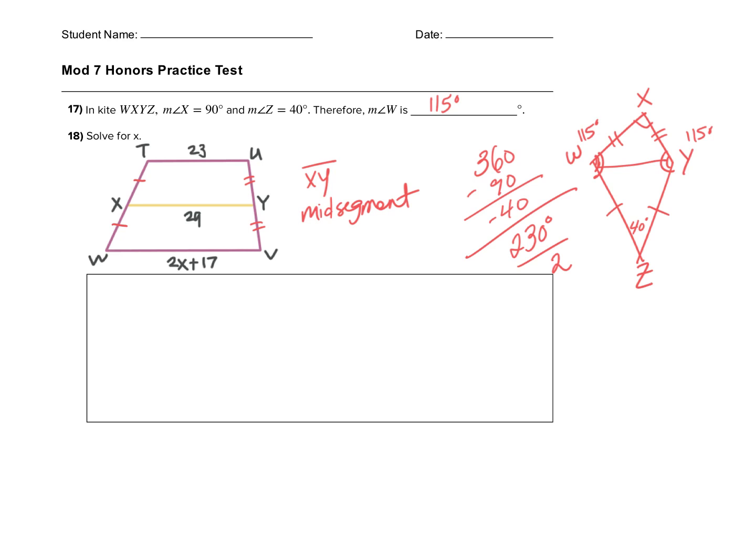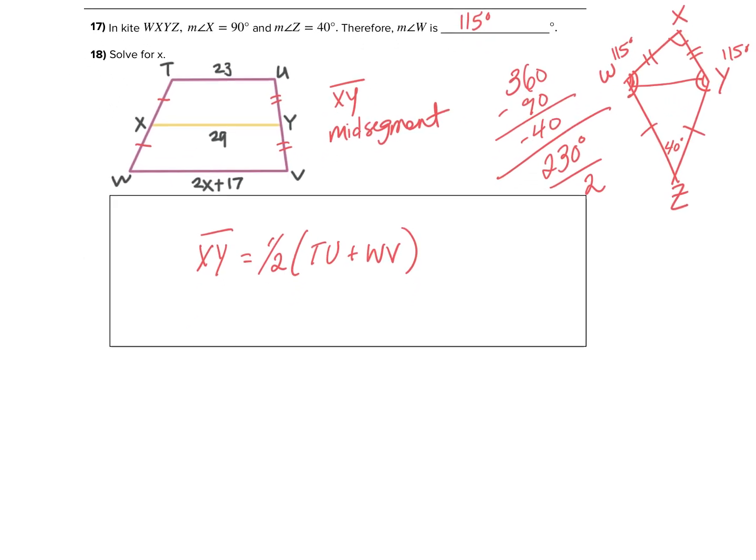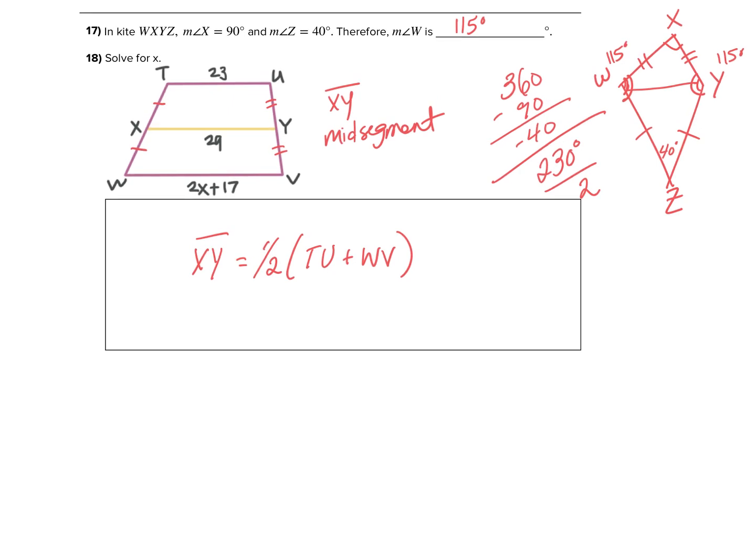Okay, so the property for a midsegment of a trapezoid is that the midsegment, in this case XY, is equal to half the sum of the two bases. So it would be half of TU plus WV. Okay, so essentially it's the average. XY is the average length of the two bases. Okay, but when it comes to solving this algebraically,